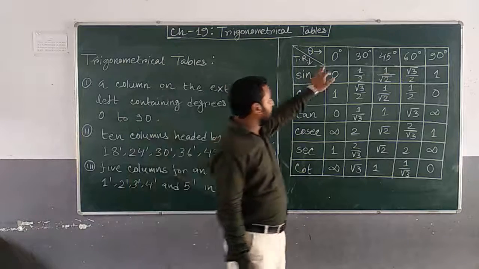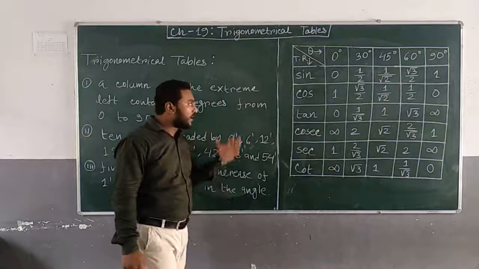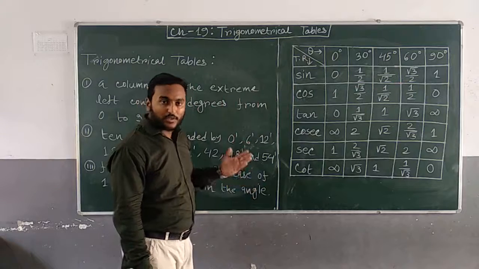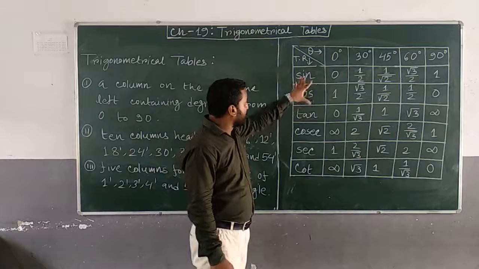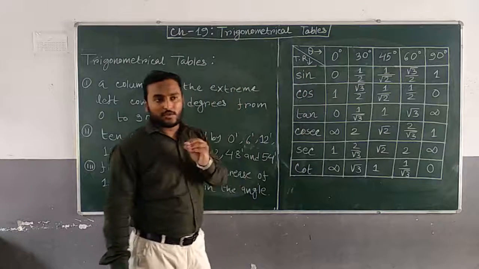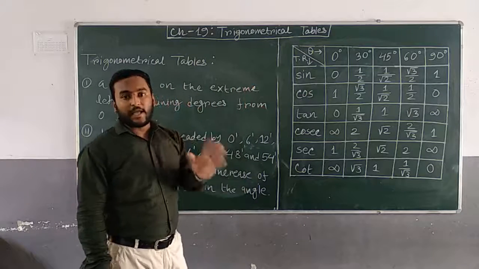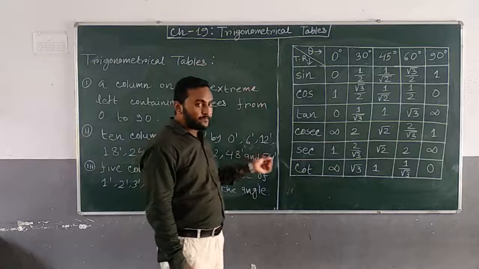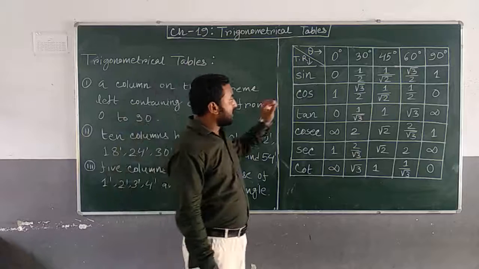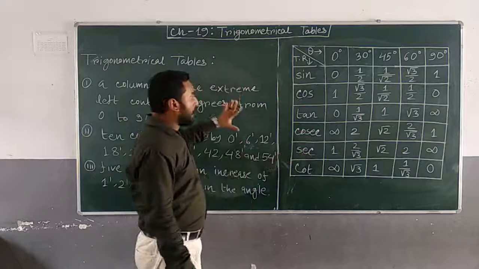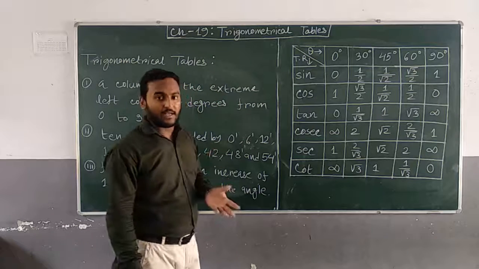But between 0 to 90, if any angle is provided, then how will we calculate the trigonometric ratios? For this, we have to learn how to find the trigonometric ratios for any angle from 0 to 90 degree from the table that is provided at the end of your book for natural sine, natural cosine and natural tangent. From the table you have to see the value and calculate, and solve the problems that will be provided in your exercise or in examples.